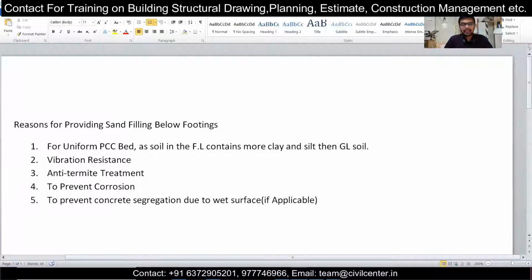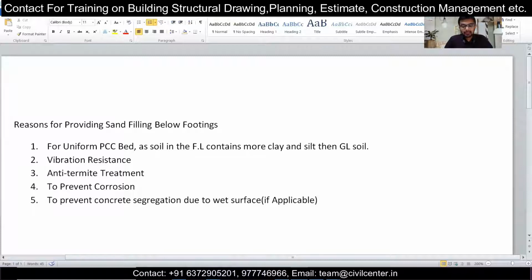And point number three is optional, because it is done more in places where termites, or what we call ui in Hindi, are more dominant. In some places, like Bhubaneswar in Odisha, there are a lot of termites.